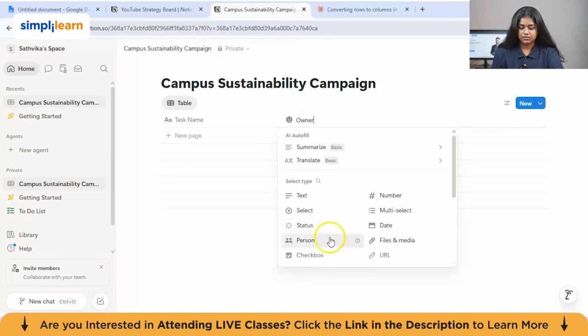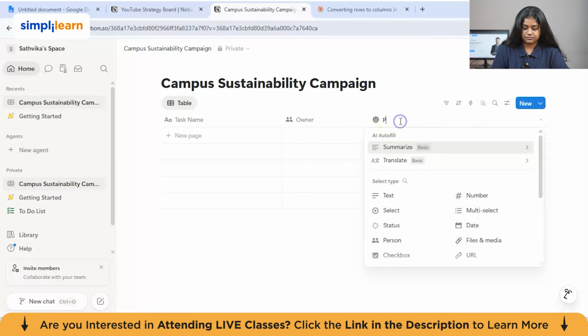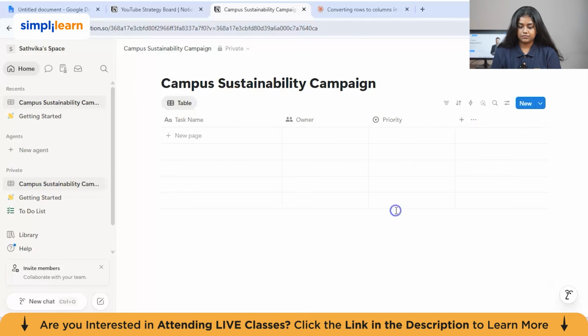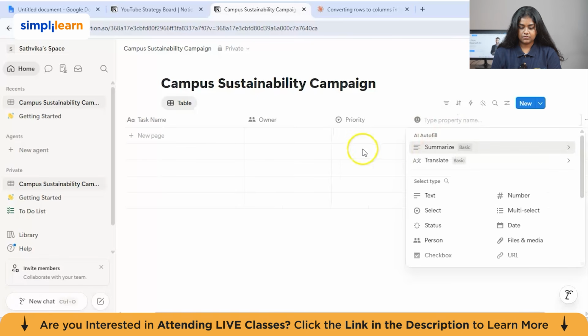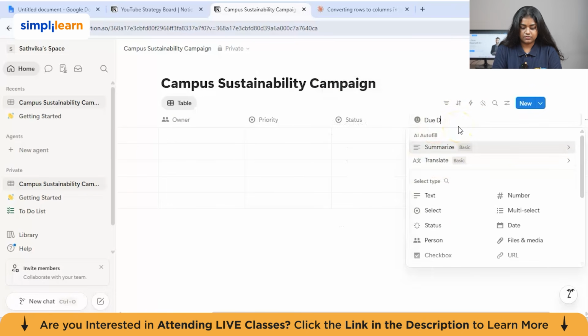Owner would be the person who is responsible for the task, and the priority, status. It tracks where the task is in the whole workflow. So status would also be the select type, due date,